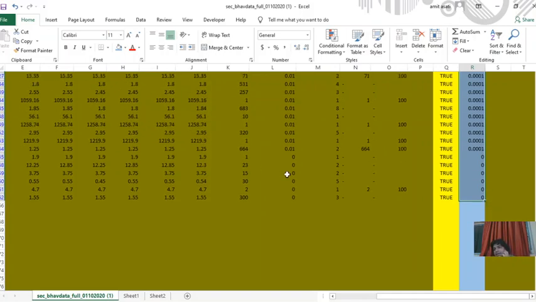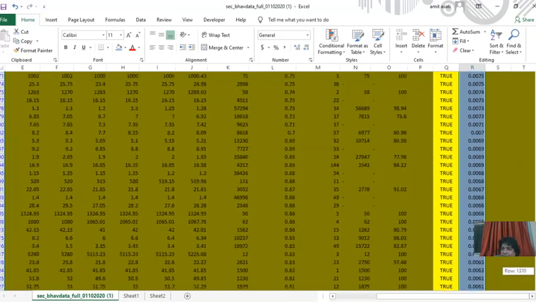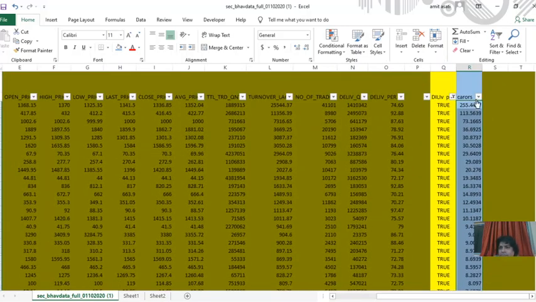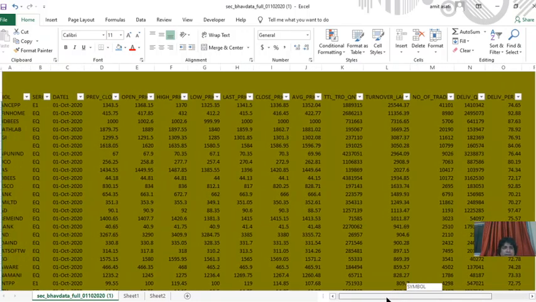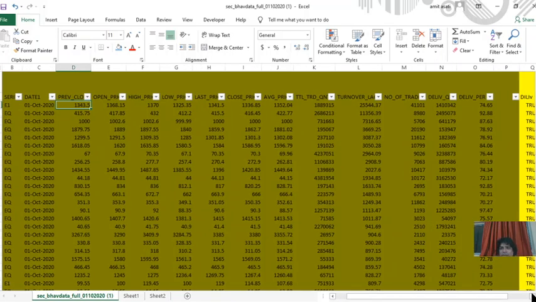Now the data is coming low to high, and we will find the heroes right now. So these are the heroes, and again we will delete some columns, only previous close and open price. Using the turnover in lakhs data we find 255 crores and 113 crores.